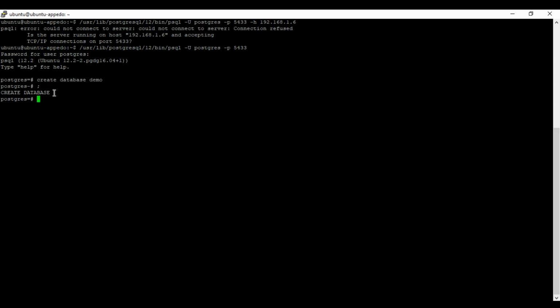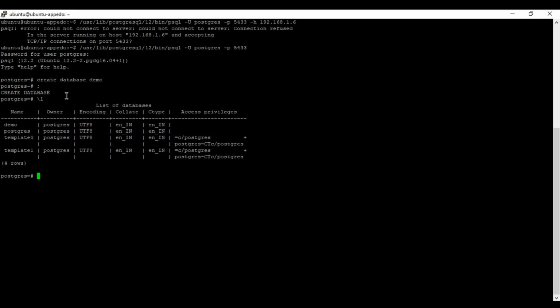The database is created. So how do you check whether the database is created or not? For doing that, you need to use the \l command. \l means to list the databases. For that you don't need the semicolon. Only for SQL statements you need to put the semicolon. For listing the database, listing the table, describing the table, you don't need to put it. So I'm going to list all the databases inside the database server. When I put \l and press enter,